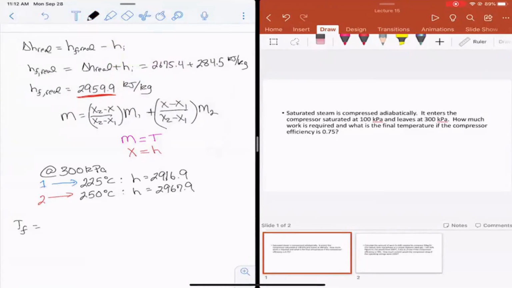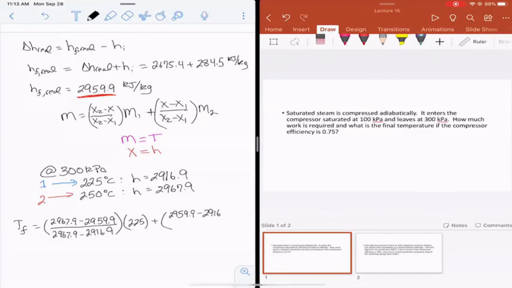So that means that T final is X2, which is the enthalpy of this state 2 from the steam tables, which is 2967.9, minus the targeted value, which is 2959.9 kilojoules per kilogram, over 2967.9 minus 2916.9, times the temperature 1, which is 225 degrees C, plus then 2959.9 minus x1, which is 2916.9, divided by 2967.9 minus 2916.9 times T2, which is 250 degrees C. And so the final temperature then leaving is